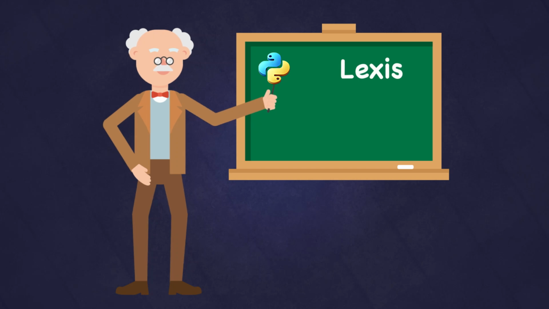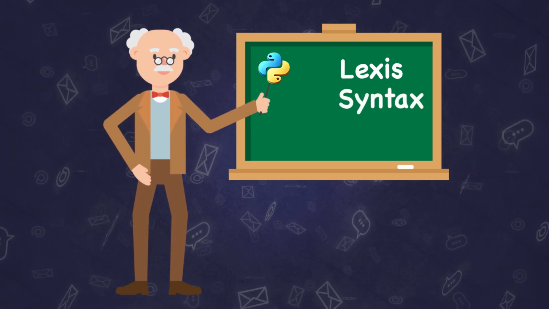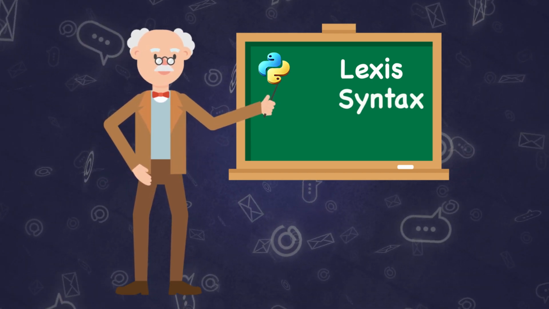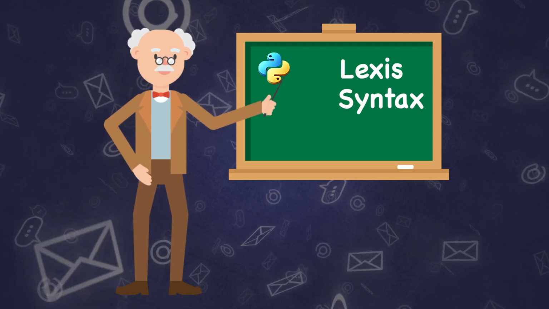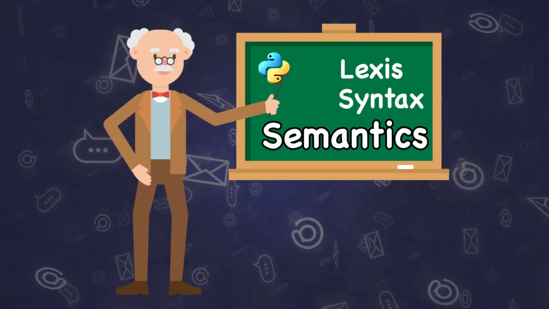We are really starting to get somewhere now. We've looked at our lexis and we've looked at syntax, and hopefully we understand both of those elements. Now we need to take a look at our third and final element of our language, and that is the